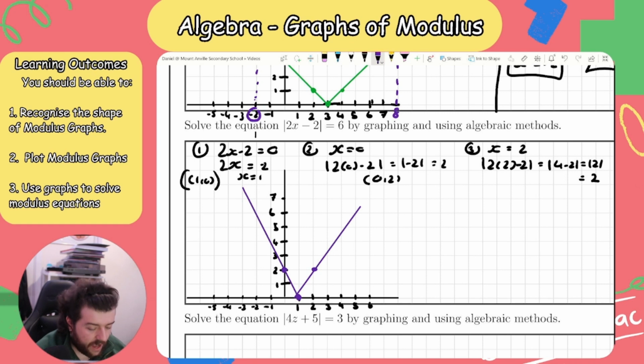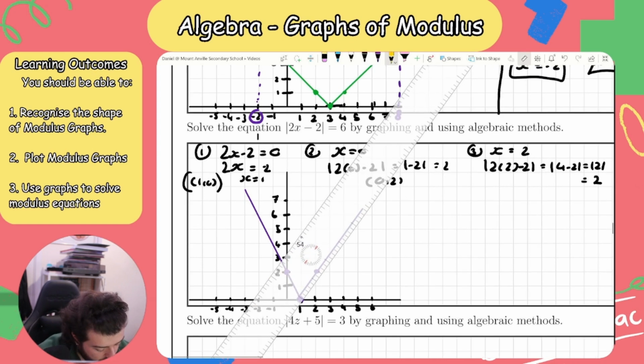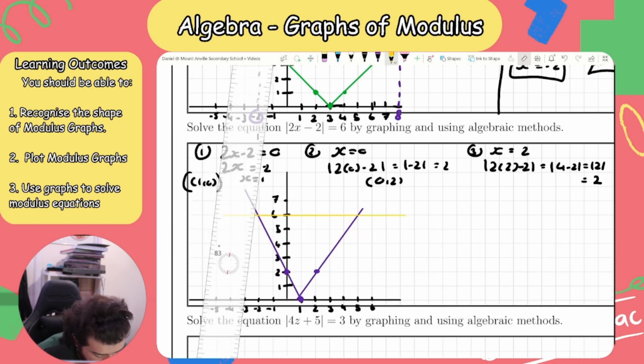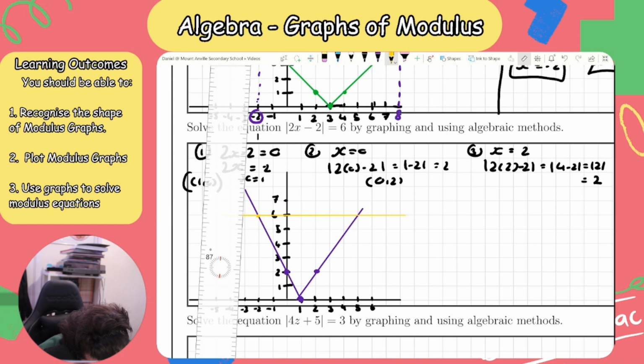Right, so now this one's asked me here, solve for where the function's equal to 6. So I'm going to go to 6 on my y-axis and go across. So if I'm right, that it intersects here, so I'll go down. I get x is equal to minus 2, and